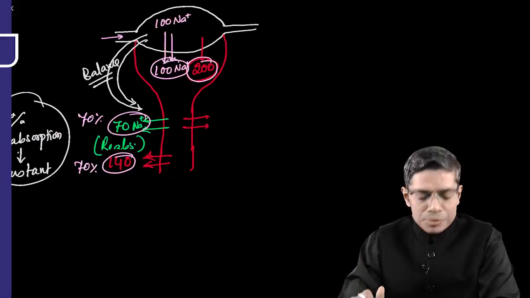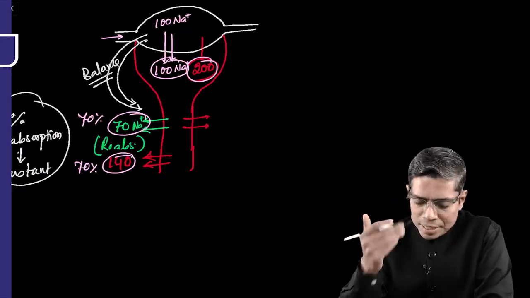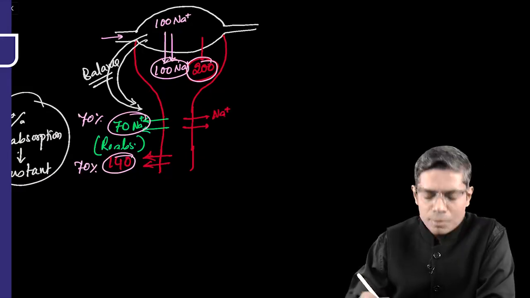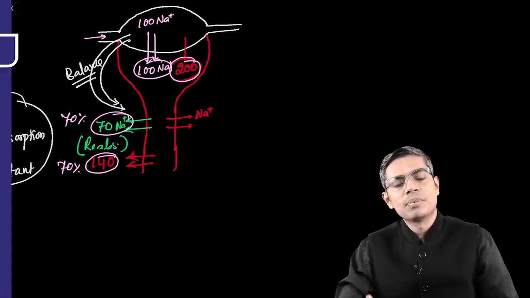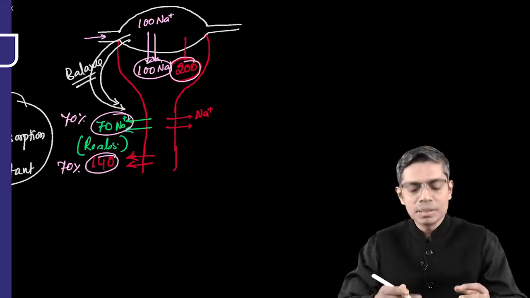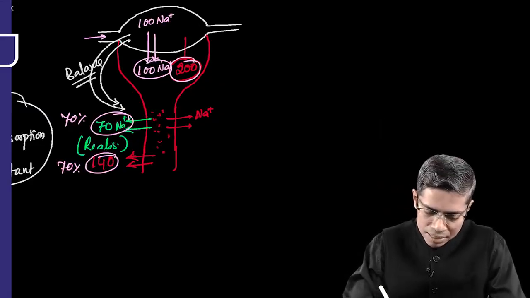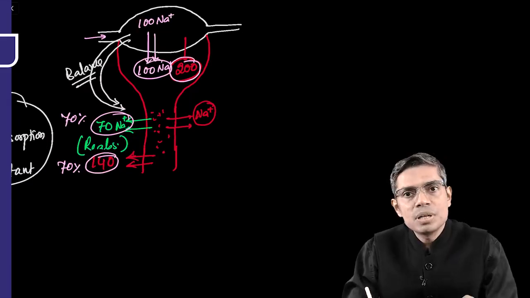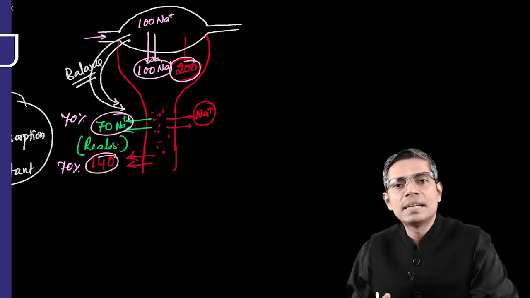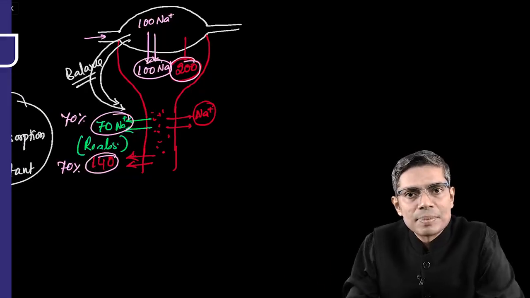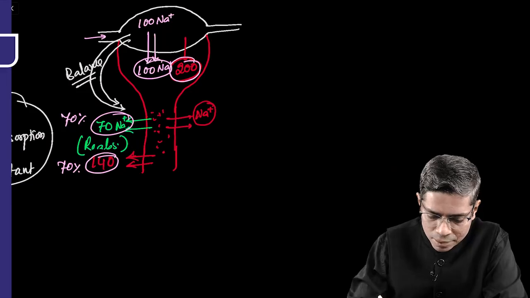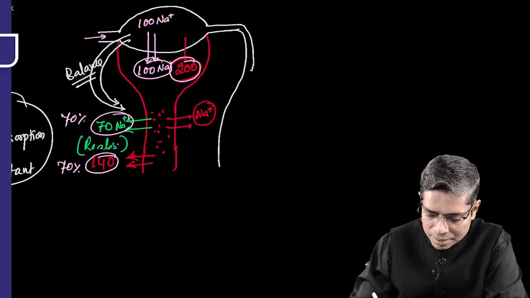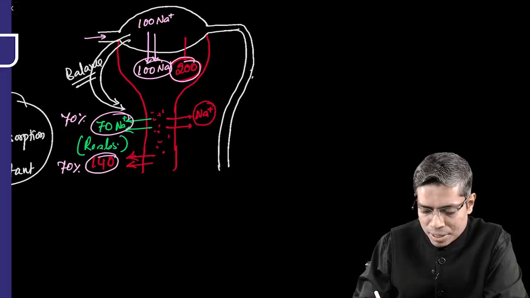Now you tell me, whenever any kind of reabsorption is occurring at the level of the proximal tubule or any part of the tubule, suppose sodium or chloride is reabsorbed, what is the fate of this sodium or chloride, which is being reabsorbed from the lumen of this nephron, at the level of the interstitial space? The reabsorption has been done. What is the fate of this sodium from the interstitial space, where is it going to enter? Obviously, it is going to enter the capillaries. Which capillaries? The capillaries which are present here. That is nothing but the peritubular capillary. So this is